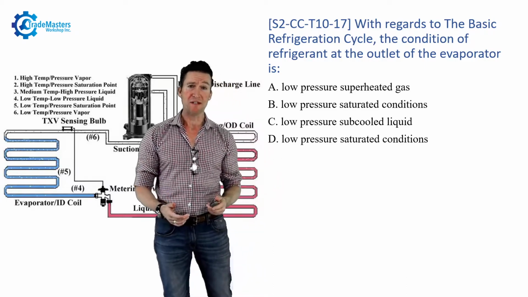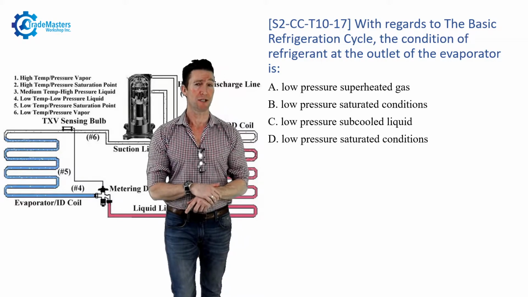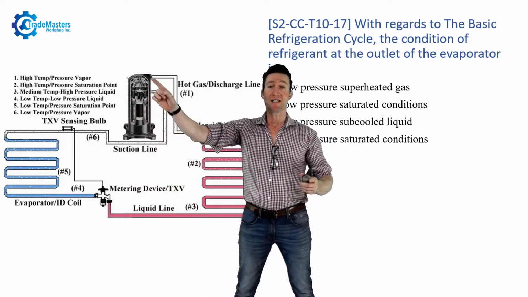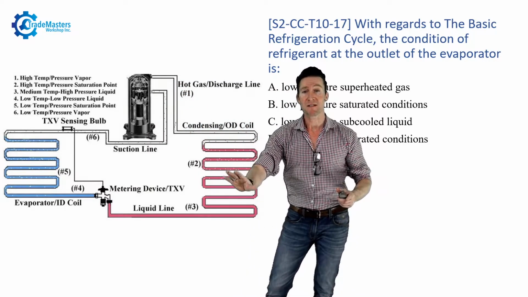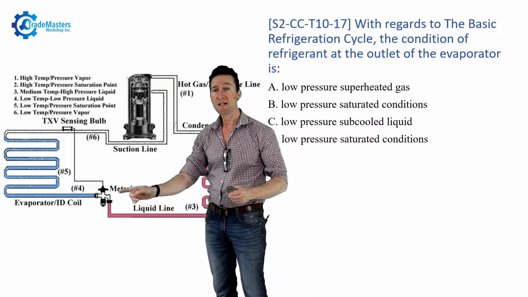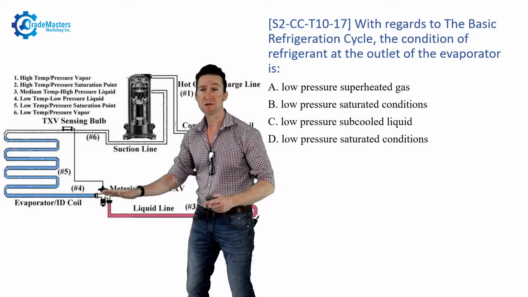With regards to the basic refrigeration cycle, what would the condition of the refrigerant at the outlet of the evaporator be? Let's follow the path of the refrigerant. It is discharged as a high pressure, high temperature gas into the discharge line, feeds the condenser, converts to a liquid, leaves through the liquid line, and finally feeds the metering device, where the refrigerant for the first time experiences a sudden pressure